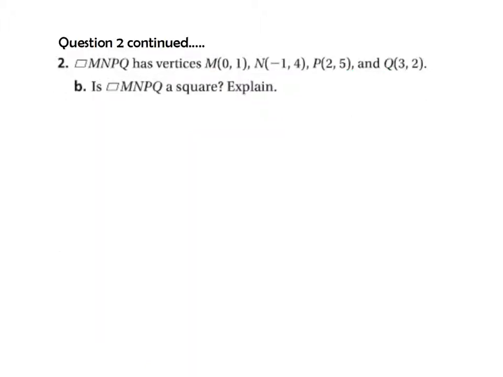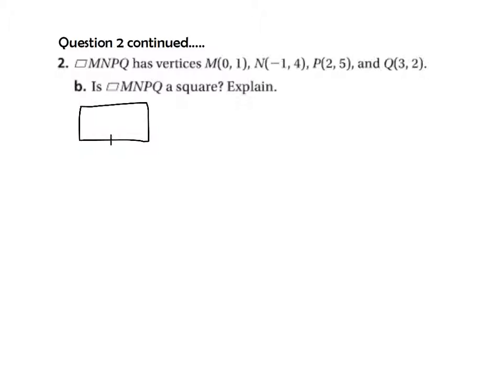Now this is the same quadrilateral, and now what I want to know is, is it also a square? Well, I've shown that it's a rectangle. And if it's a rectangle, then it's going to have to be some type of parallelogram. A rectangle is just a specific parallelogram. So I know that the opposite sides are parallel. I know that the opposite sides are going to be congruent, but